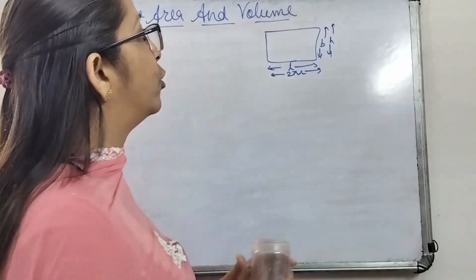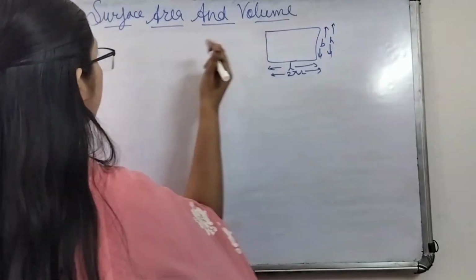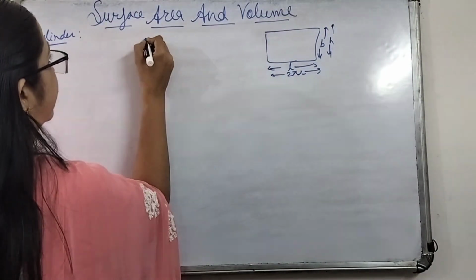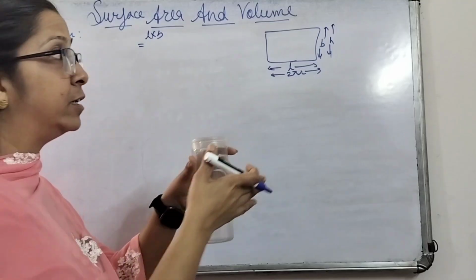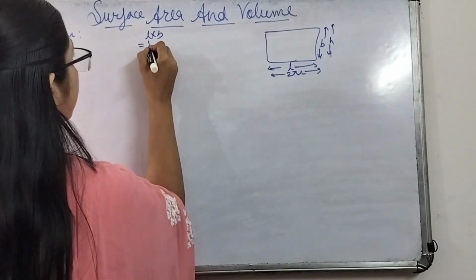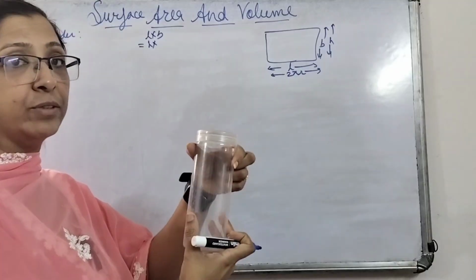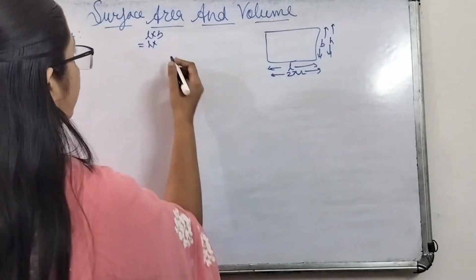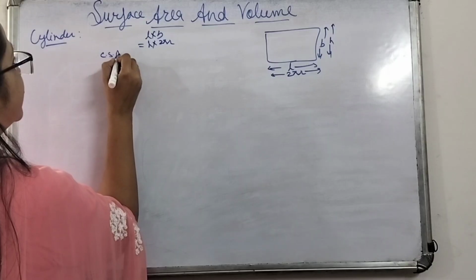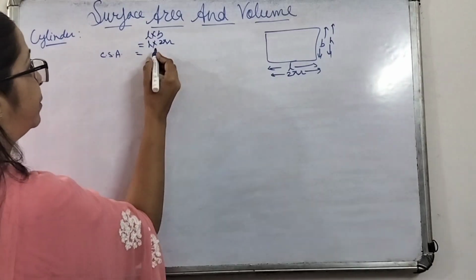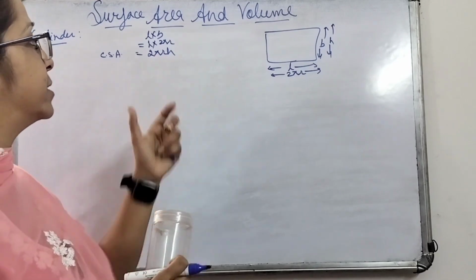So the area of your rectangle, we know, is L into B, where L is the height of the cylinder, which is denoted by h, and this length is the circumference of this circle, that will be 2 pi r. So we can say the curved surface area of the cylinder will be 2 pi r h, where h is the height